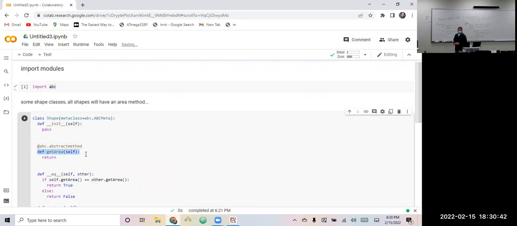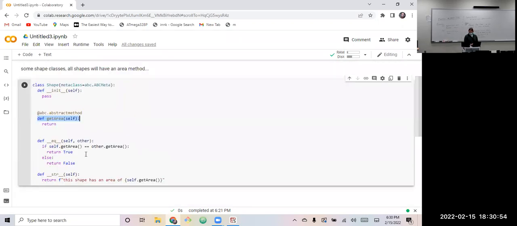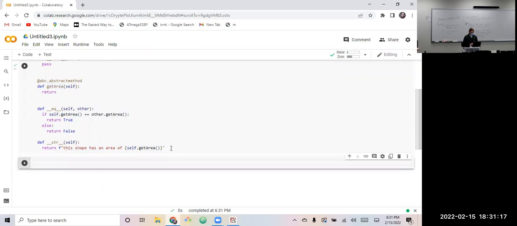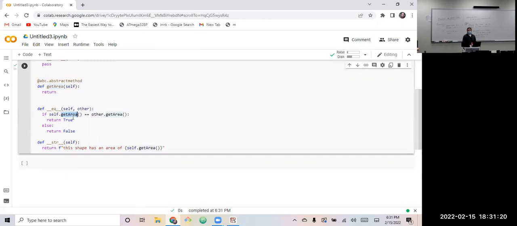So now this is abstract. We know we're going to have an area method. We have no idea how to define it. We need to know what shape we're working with. So there'll be one by runtime, but we can't do it at this point. But we need that method already in order to put together what would probably make the most sense for checking equality between two shapes: when two shapes have the same area. At least that was my thought. Hopefully that idea makes sense. We need this method before we can say anything about it, and in our print description of it.